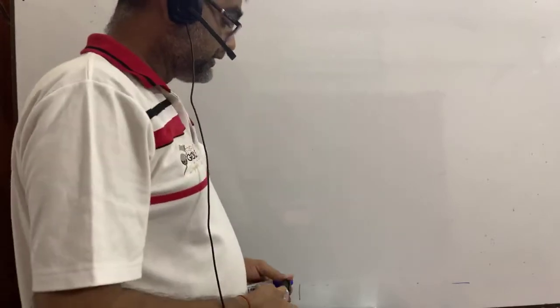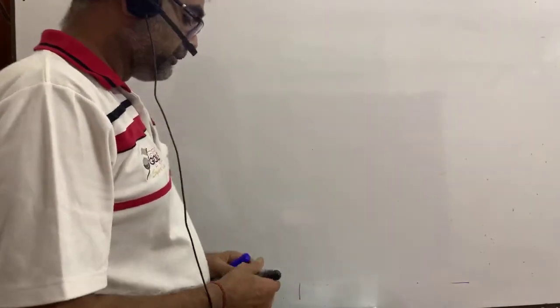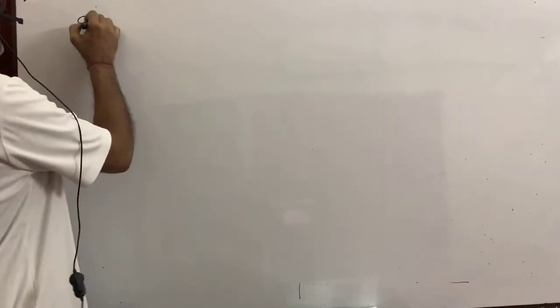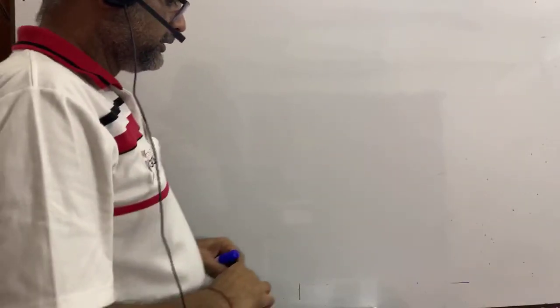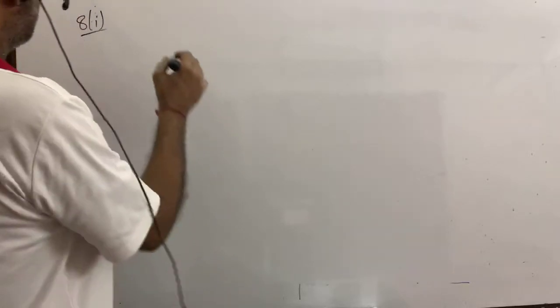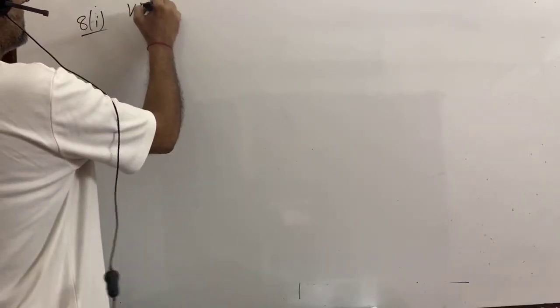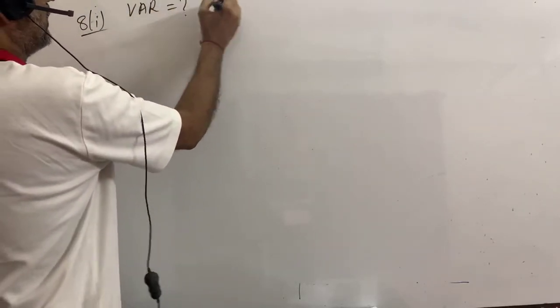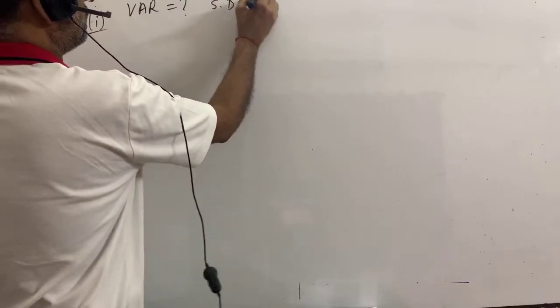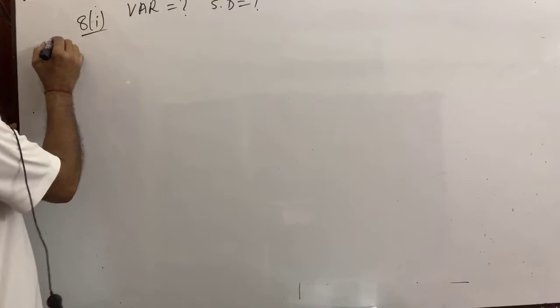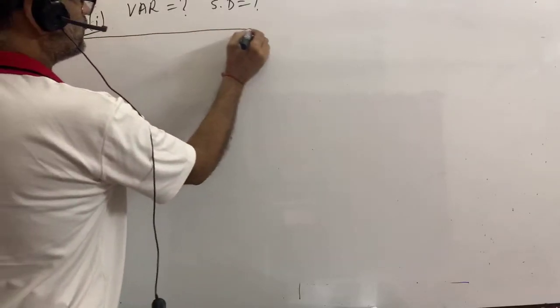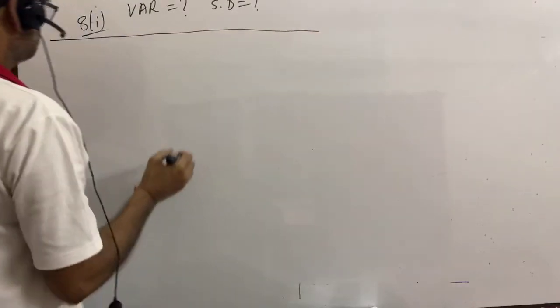Okay, dear students, now I am going to do question number 1 of exercise 10.1. You write down, you have to find variance and standard deviation. Variance equals to what? Standard deviation equals to what? So I am drawing the table. Please pay attention. All of you are required to draw a table. Okay, you go with me.